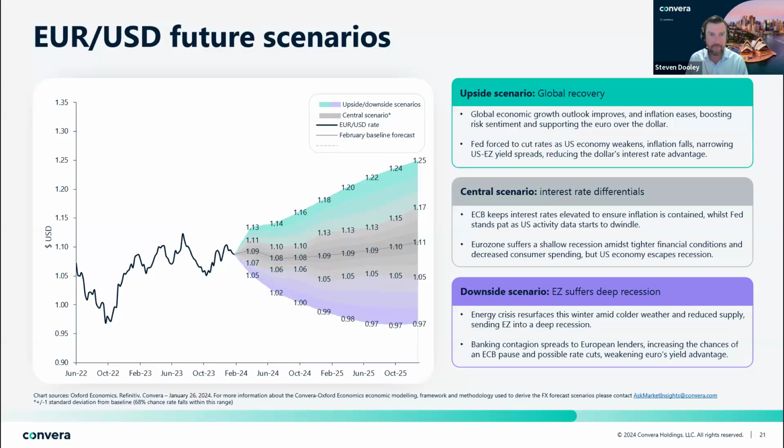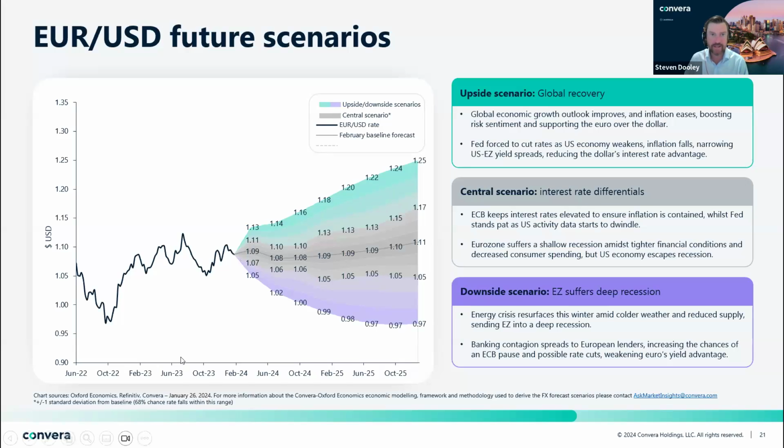We could see rate cuts from both of those central banks around the middle of this year. So again, that might result in a broadly flat euro US dollar. But within that broad flatness, there's the opportunity for range trading to the topside up to around 1.11, and to the downside